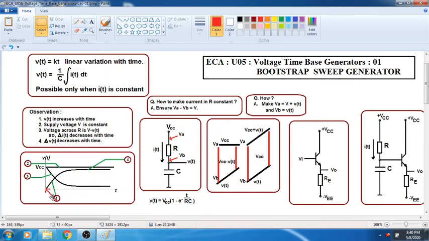So we are getting a voltage variation across the capacitor which is not linear, which is not a straight line. See, actually what I want is a straight line from here to here, but it is becoming an exponential waveform. So this is the problem. By taking the old circuit of a resistor and a capacitor, we are encountering a practical problem of not being able to generate a linear voltage across the capacitor.